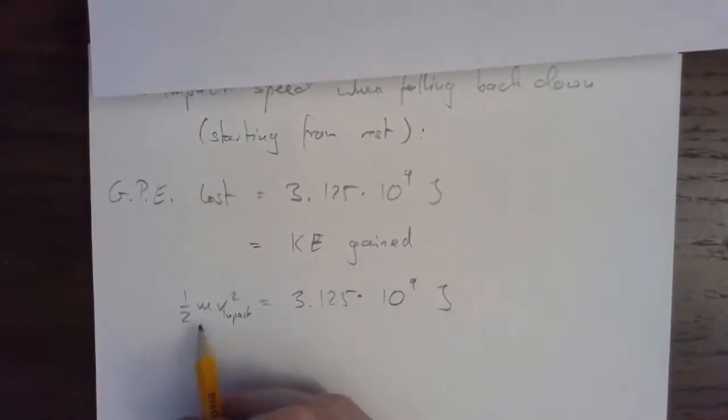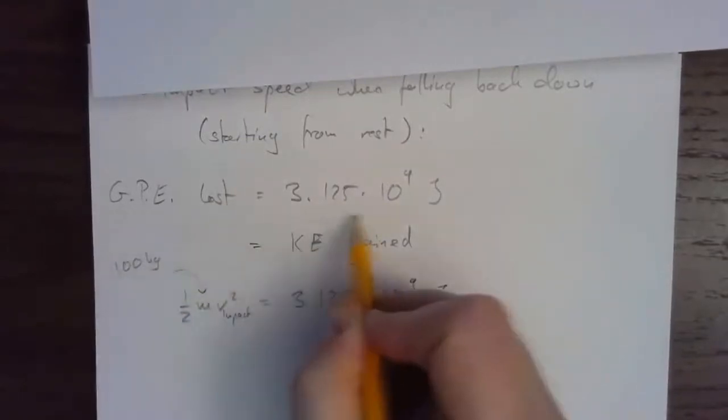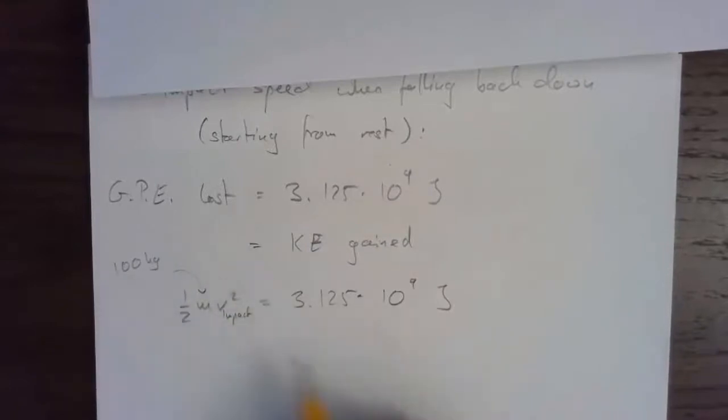Alright, well, let's solve this. M is 100, right? We knew that, it was given. And of course, if we hadn't solved for this value before, we would have actually cancelled out the m by setting this equal to GMm over r. So that means that the impact speed squared is equal to